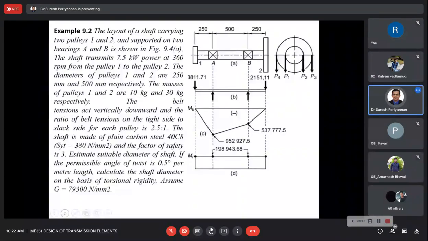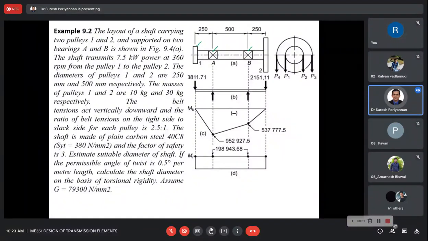Now today we move to the next interesting problem. The shaft is supported with the help of bearings A and B. The shaft here is a double overhanging beam; the total system looks like a double overhanging beam, right? The smaller pulley is connected at the left end, and the bigger pulley is connected at the right end of the shaft.